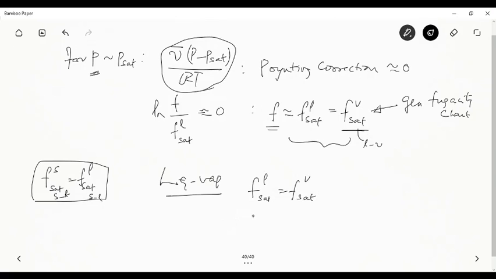The liquid and vapor fugacities are actually equal, and if both liquid and vapor behave as ideal solutions, then for the multi-component mixture also, the pure substance relations can be used, in which case I'll have Xi in liquid phase into F sat L at the liquid phase,